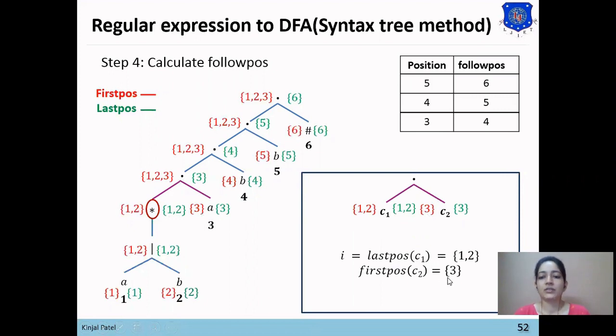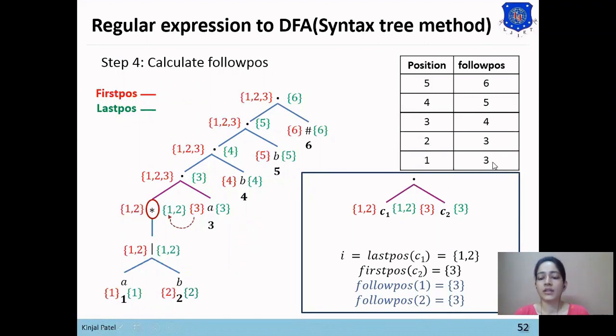So the follow position of 1 and 2 will be 3. That is, follow position of 1 equals 3 and follow position of 2 equals 3. So we have applied this first rule for all the dots.